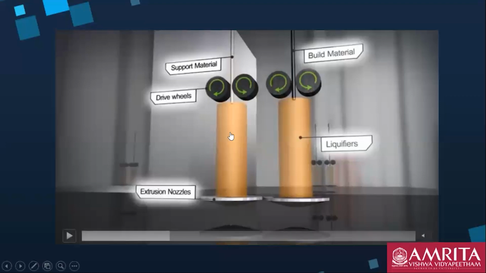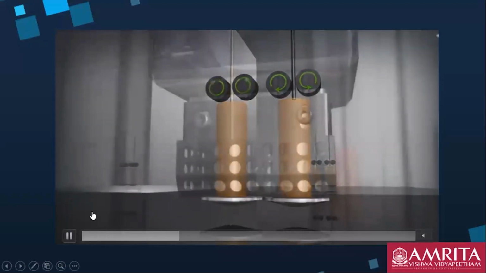Through one, you can pass one filament color, through another, you can pass a different filament color, and it gets liquefied in this section. This yellow section which you see, it liquefies over here, and then the extrusion nozzle. Now see how the extrusion nozzle works.